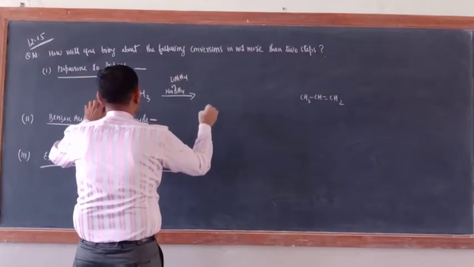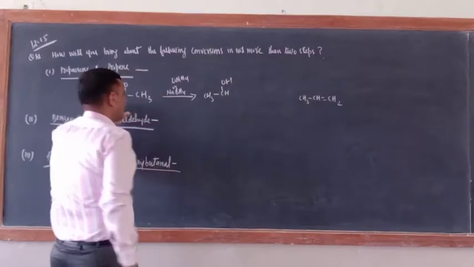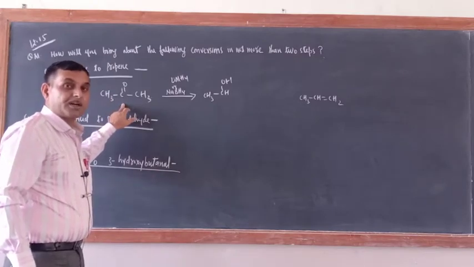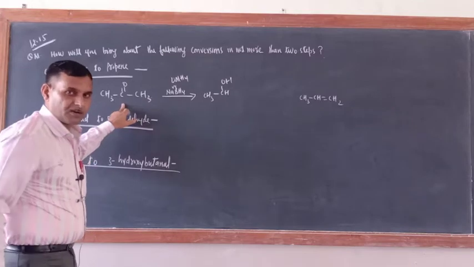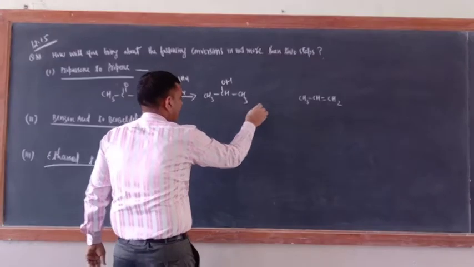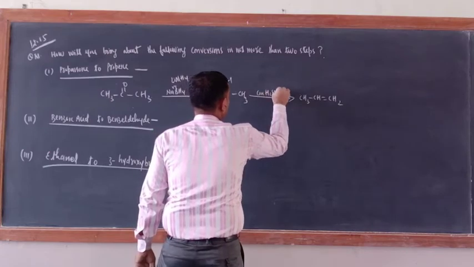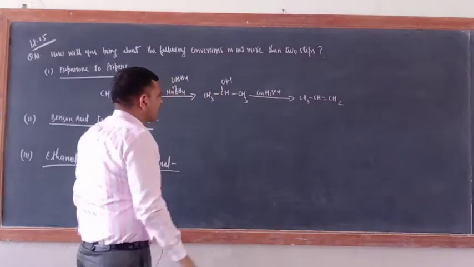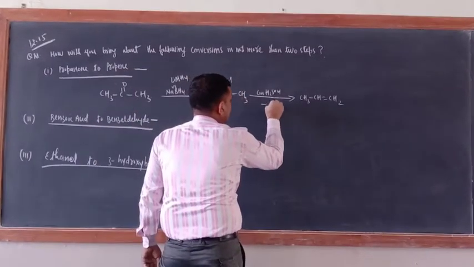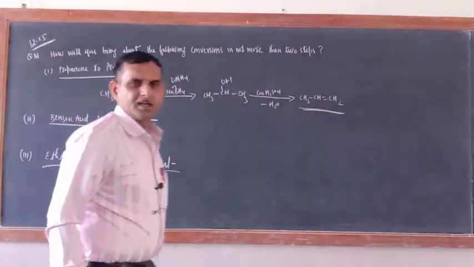Then here what would be there? CH3, here CH, and here OH. What is the reduction product of acetone or ketone? 2 degree alcohol. Reduction product of aldehyde is 1 degree alcohol. So CHOH, and here CH3 is there. Now if this substance is treated with concentrated H2SO4, this is 2 degree alcohol. Then what would be there? OH of this one and H of this one will come out, dehydration of alcohol. Propene you have got. Check. That only, nothing more to this.